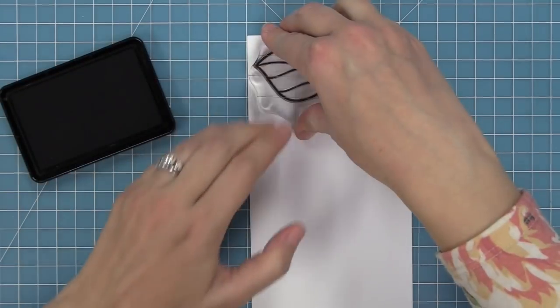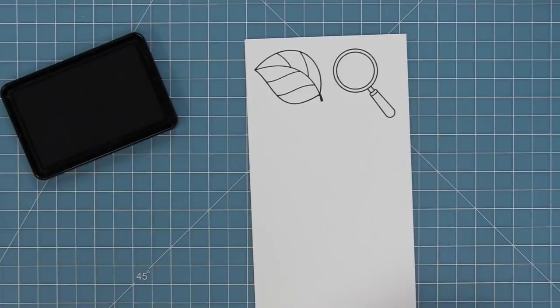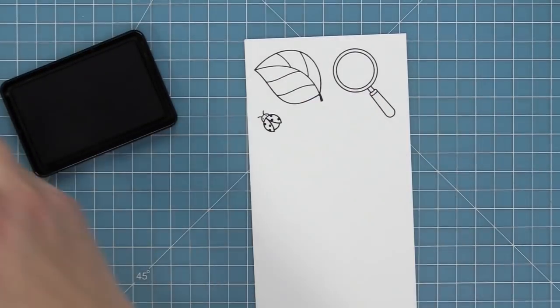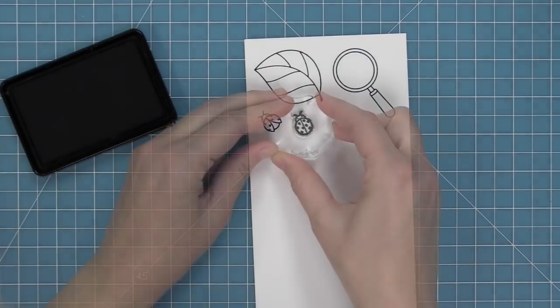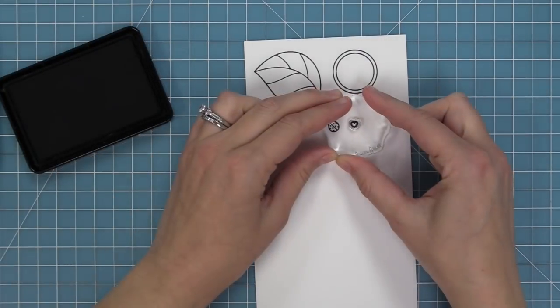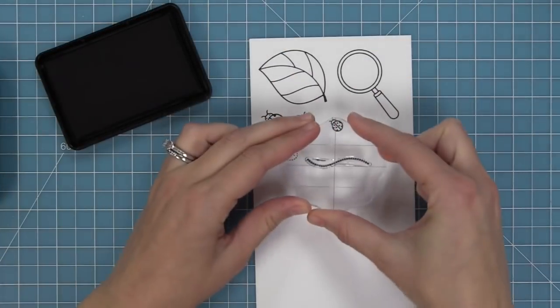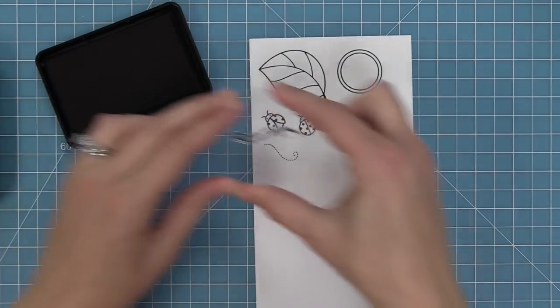This stamp set has the most gorgeous large leaf that I love for setting scenes. It has a magnifying glass, and then a bunch of little ladybugs. So we've got one with the wings out and one with the wings closed, and we also have a smaller ladybug and a cute tiny little heart. There are some different styles of trails that you can stamp behind your ladybugs to kind of show their movement